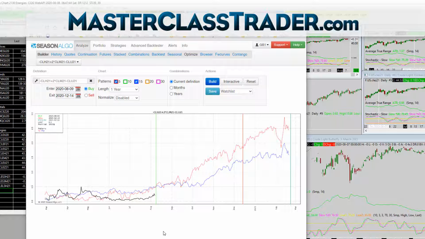But here we're looking at the technical side of seasonality. Right, and we can see there's a clear pattern there. We don't have any statistics yet, but that's a nice looking chart. On average, in the last 5 years, that spread has gone up from about June through to February. It's had its sideways time. August, September is a bit sideways. Late September is where it really takes off and has that